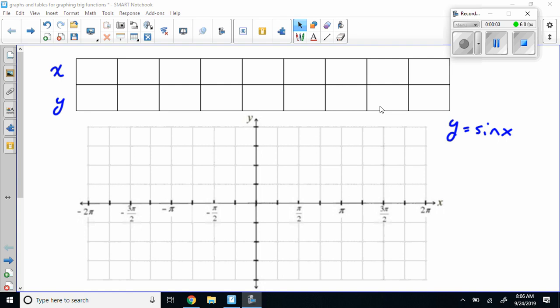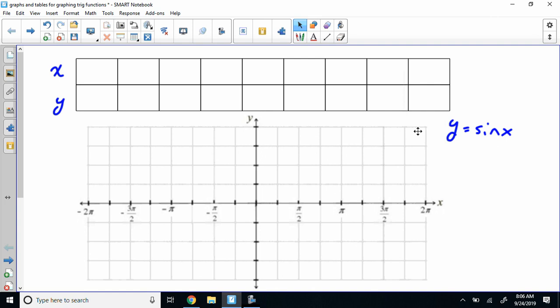All right, looking at your stuff, this is going to be in, your x is going to be in radians, okay? All right, so we're going to start at 0. Then we're going to go pi over 4, pi over 2, 3/4 pi,